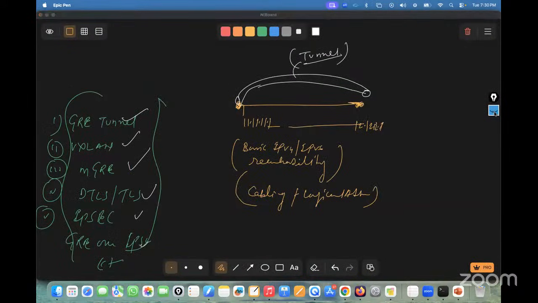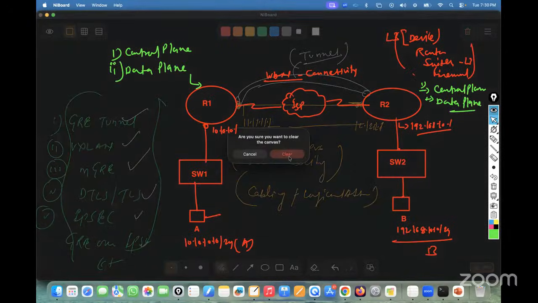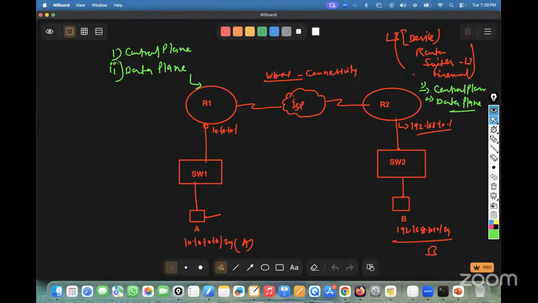Now let's go back to the topology again. I discussed RIP versus FRIP. I discussed the control plane versus data plane. I discussed our underlay versus overlay. I hope there are no questions from anyone. अगर किसी को क्वेश्चन है मुझे पूछ सकते हो. I can answer that. अब हम बात करते हैं if I have the same topology, okay, and I need to